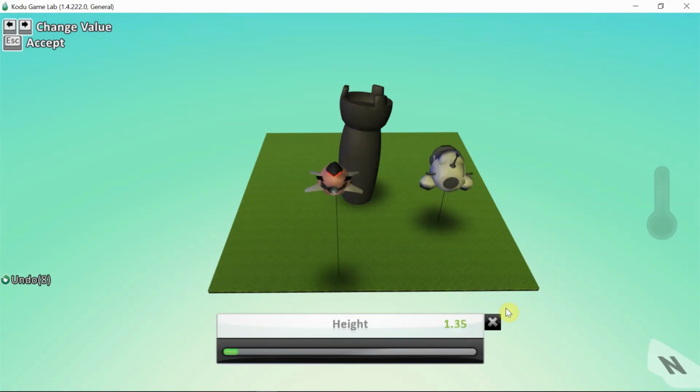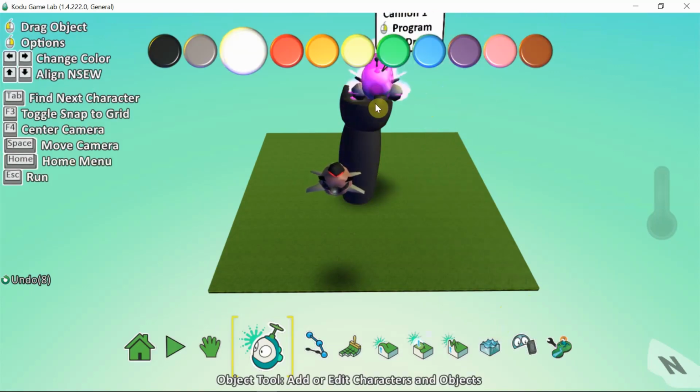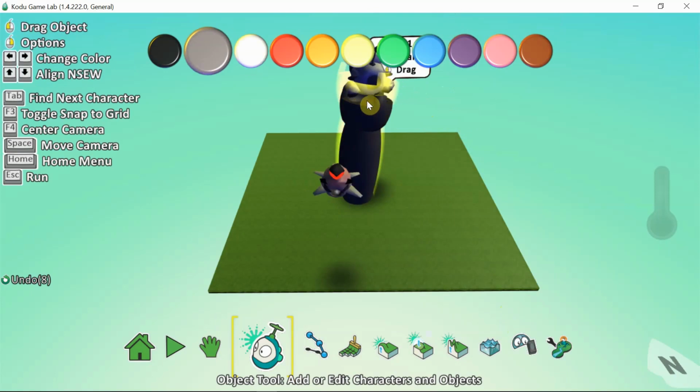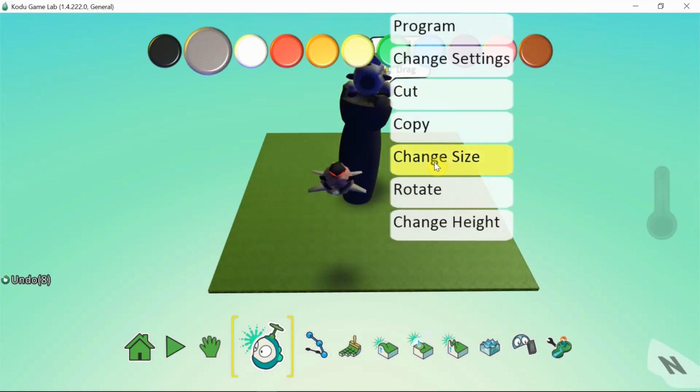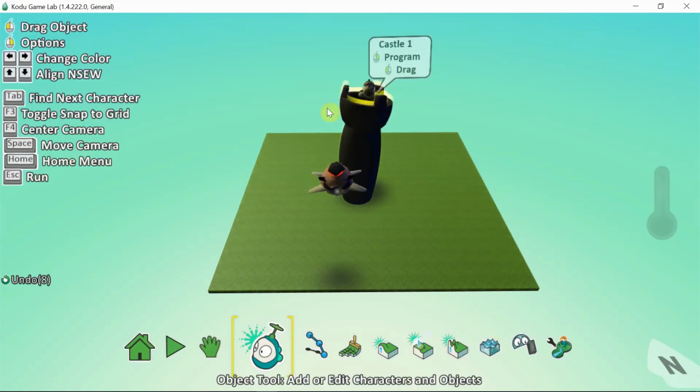Actually I have to put it at the top of the castle. I think that will do. Yeah, cannon is placed. I make the cannon a little bit smaller. That's it. 0.4.